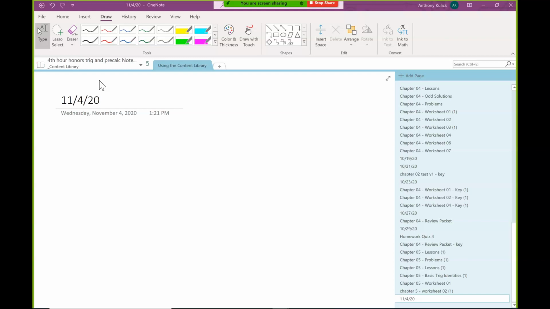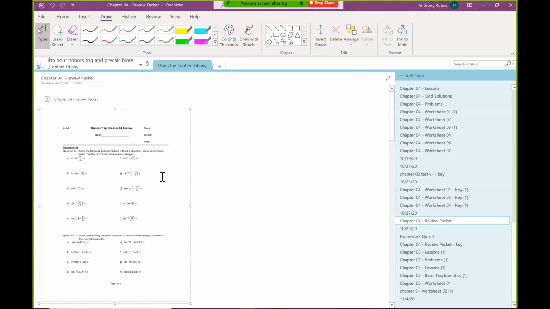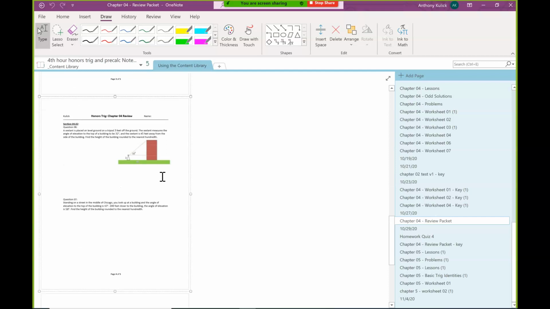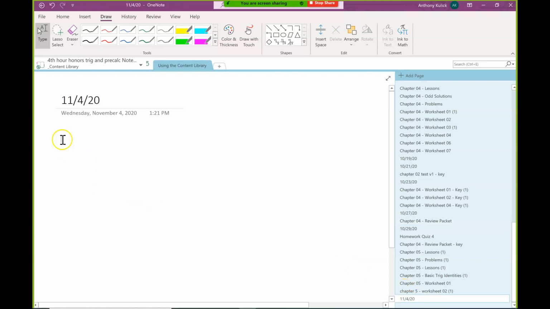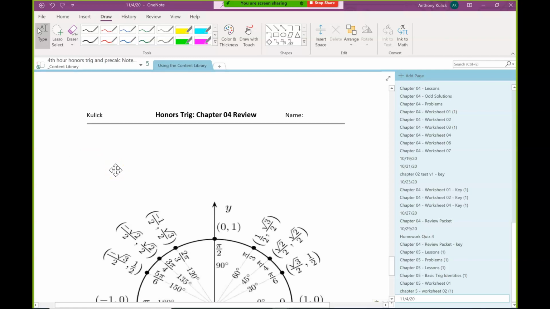Amanda, you were trying to ask me something a minute ago that I asked you to hold off on. Okay, so I have questions for the first part, just section 4.1. So you're referencing the review specifically, right? Yeah. Okay. So sine and tangent will always be in quadrant 1 and 4, right? And then cosine will be in quadrant 1 and 2. So sine and tangent inverse will give you an angle in quadrant 1 and 4. Yeah. And cosine inverse gives you an angle in quadrants 1 and 2 on your calculator,